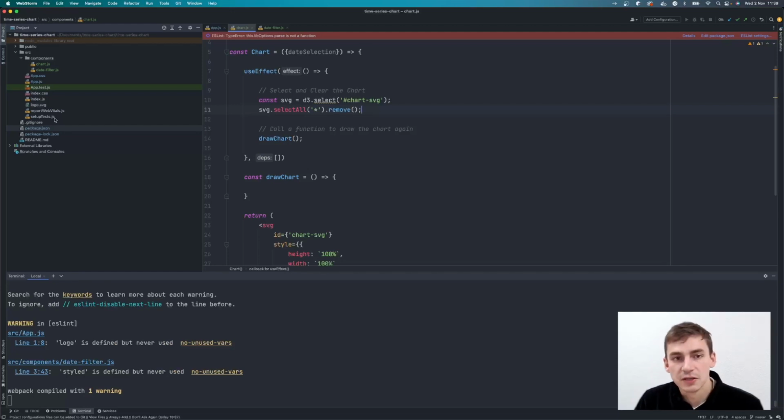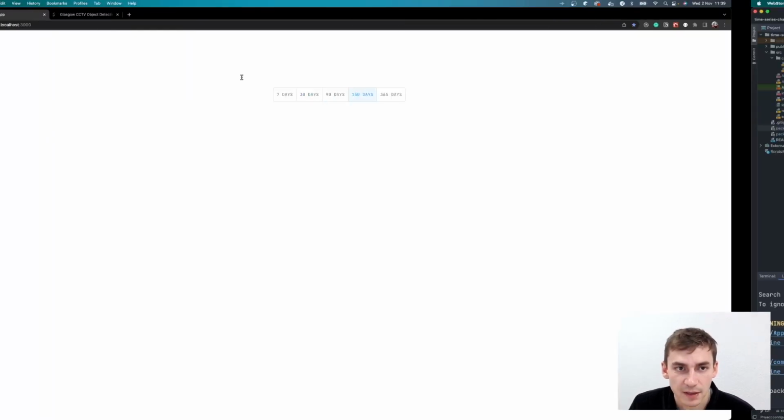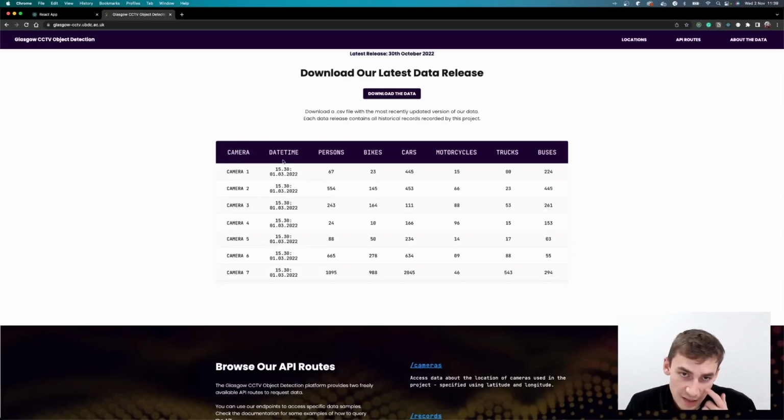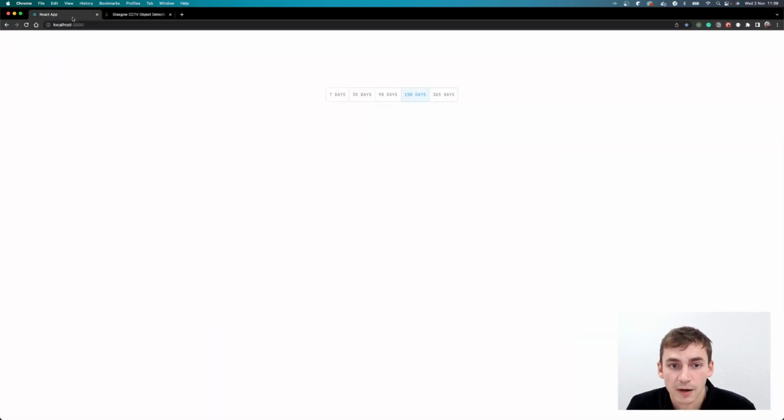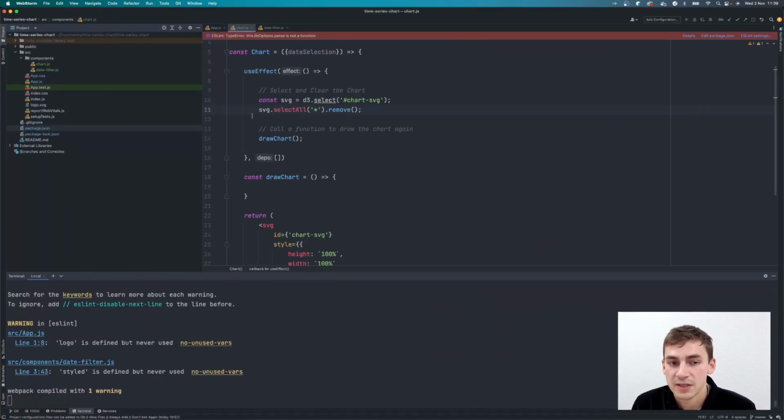Okay, so what we need to do next is start to collect the data that we're going to use to render inside the chart. We need to be requesting this from the CCTV API, which I've shown you here, and we're going to be using a URL to do so, and we're going to make a GET request to that URL using the Axios library,